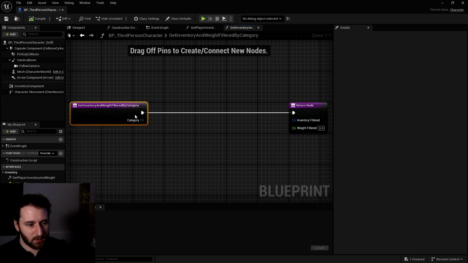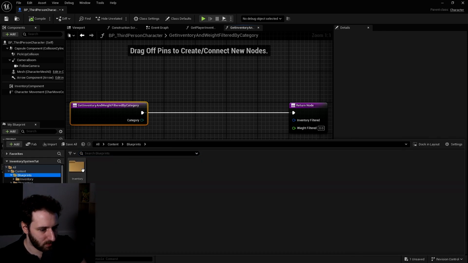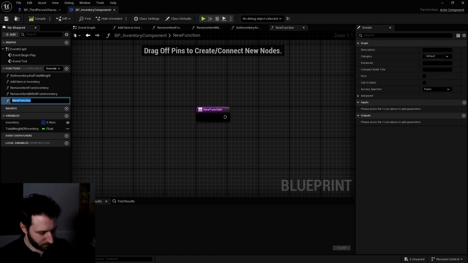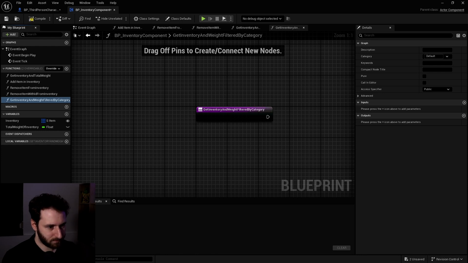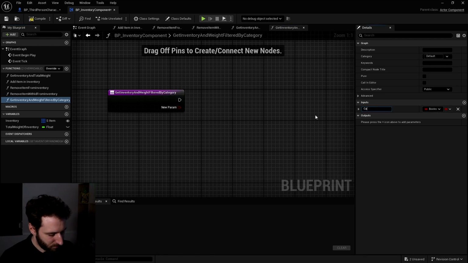Okay. So now to get this filtering going on, we will need to put it into our inventory component. So into our inventory component, we will add a new function. Let's create a new function: Get inventory and weight filtered by category. We will need the category.